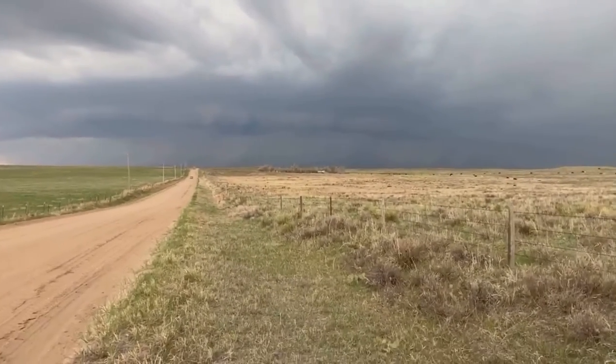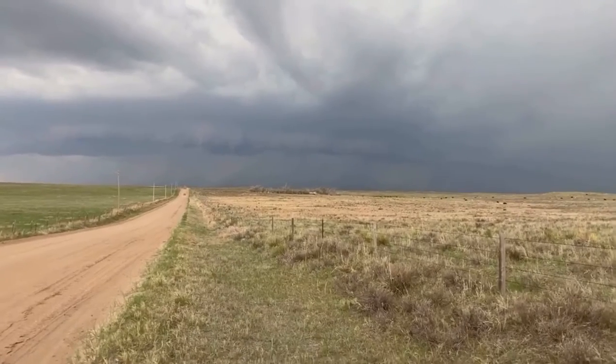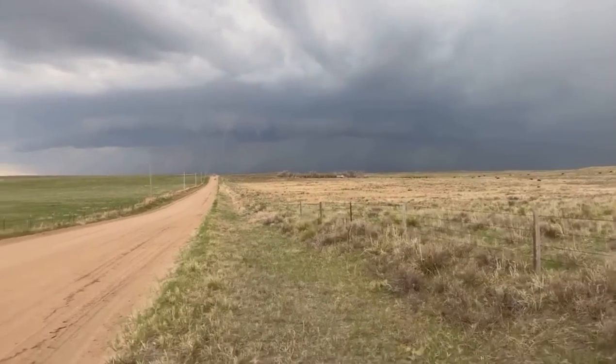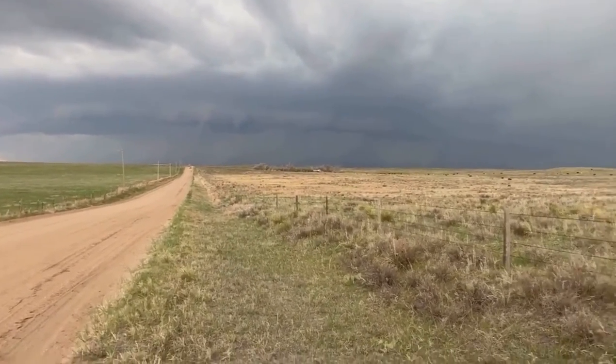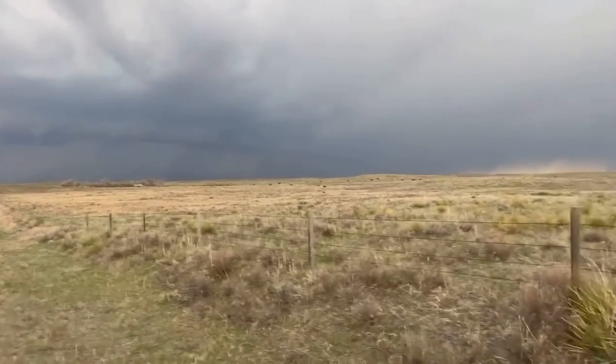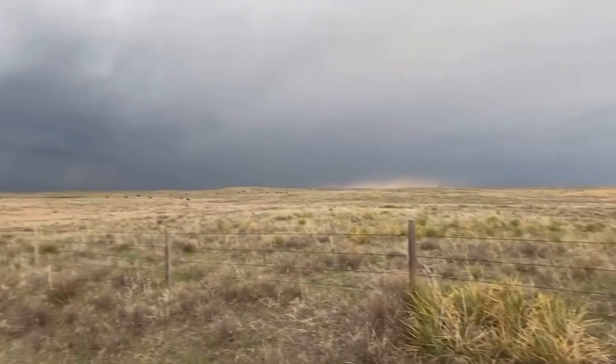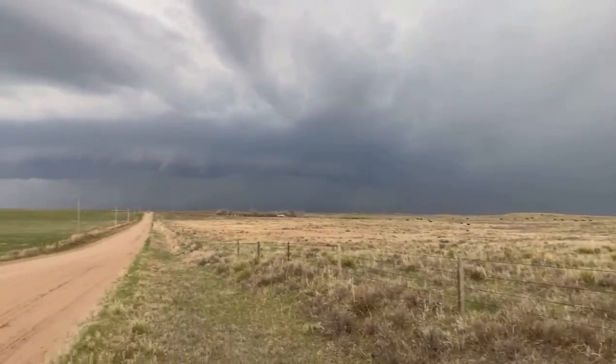We are out here, I say we, I mean me, are out here doing a little storm chasing today. SPC said there was a marginal risk of convection activity and thunderstorm activity out in this area. Pretty minimal risk of tornadoes. SIGTOR parameter pretty low. Even the mixed and